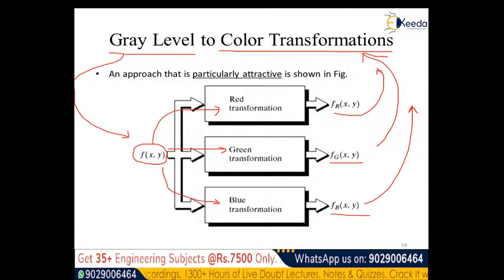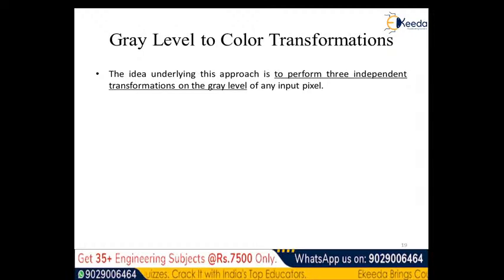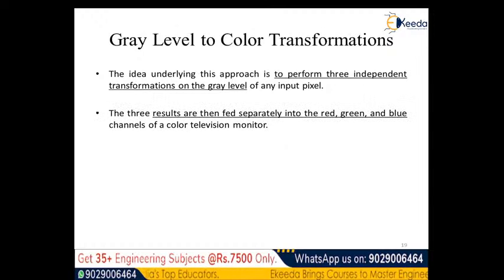Here we see the idea of this particular gray level to color transformation is to perform the three independent transformations as I have just now shown to you in this block diagram. The three results are then fed separately to the red, green and blue channels of the color television monitor. So you are supposed to visualize the results on the screen of the digital device, most possibly a color television in those days,